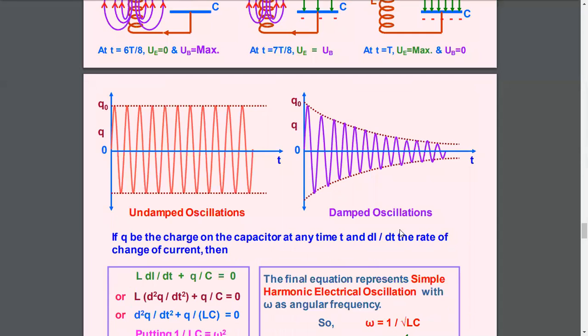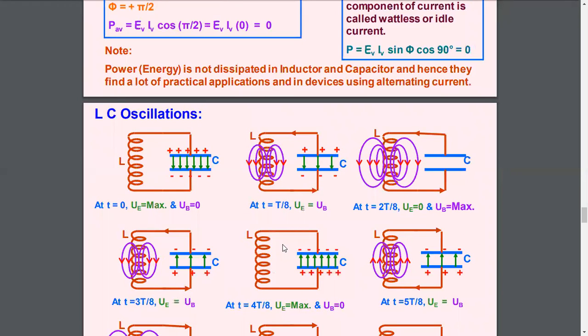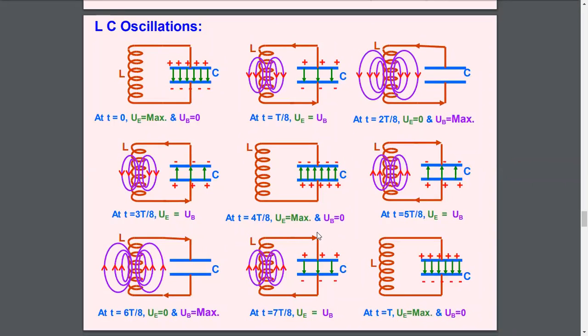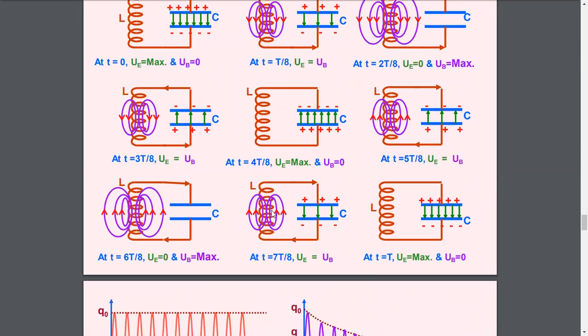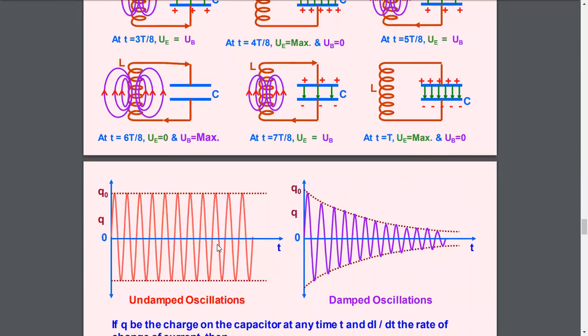Now LC oscillation could be damped, because we have discussed here an ideal LC circuit, but in a real circuit there must be some amount of power dissipated because of resistance in the inductive coil and capacitors. That's why some power will be dissipated in a real circuit. Therefore the initial energy given to the capacitor will go on decreasing, and it will be dissipated in the form of heat to the surroundings. So ultimately the amplitude of oscillation will go on decreasing.